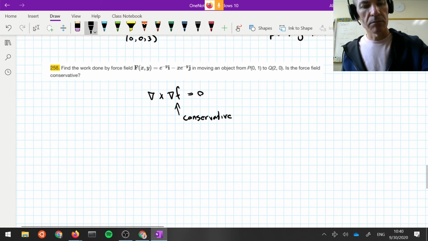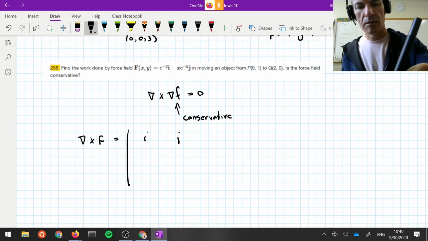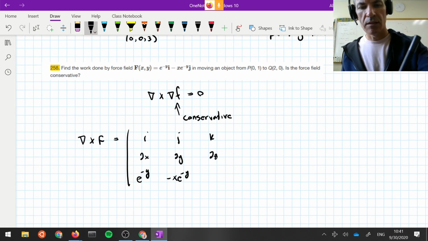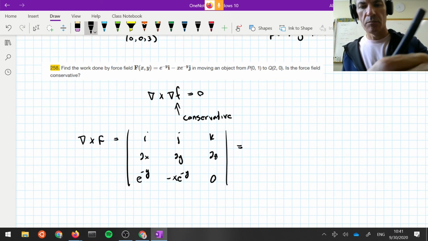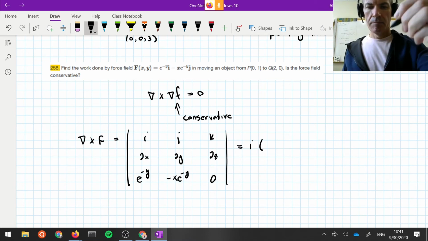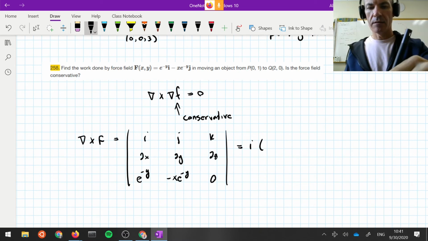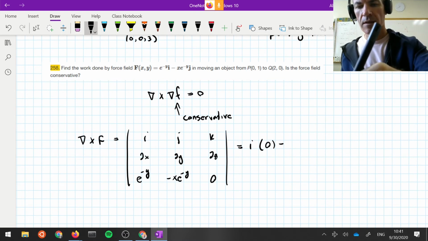Let's compute the curl of this vector field using the usual mnemonic. That's e to the minus y in the first component and minus x e to the minus y in the second component, and then there is no third component. Again, going through the components here, partial of 0 with respect to y is 0. There's no z, so that's all 0. J,